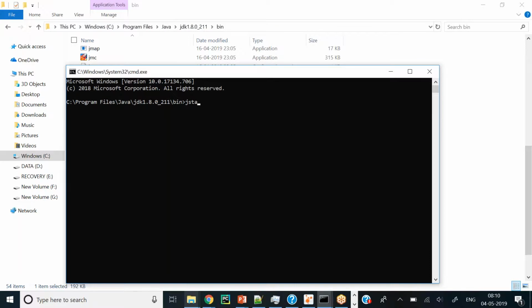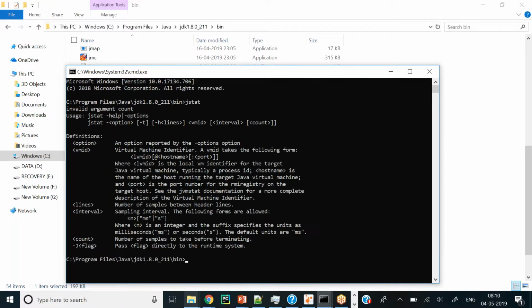If you just type jstat and press enter, it will give you all the options. It is saying what are the flags you can use, right? VMID is your virtual machine identifier. We are not using any virtual machine over here, and an interval, right? I can just show you in the PPT the options that we have.